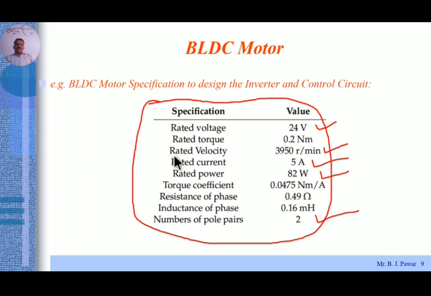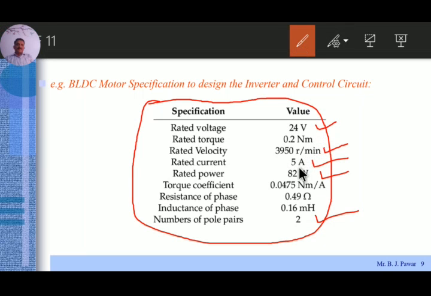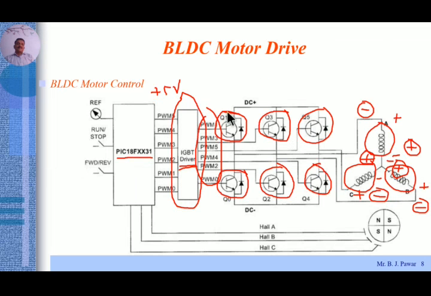Then next one is rated velocity, that we will discuss later on. Rated current, that is 5 ampere, that current rating is mentioned as 5 ampere. So why is it important for our driver circuitry? Because whatever switch we are using, for example again transistor Q1, whenever it gets energized, coil A, how much will be the current consumption of that coil? That current consumption will be 5 ampere, that is the meaning.